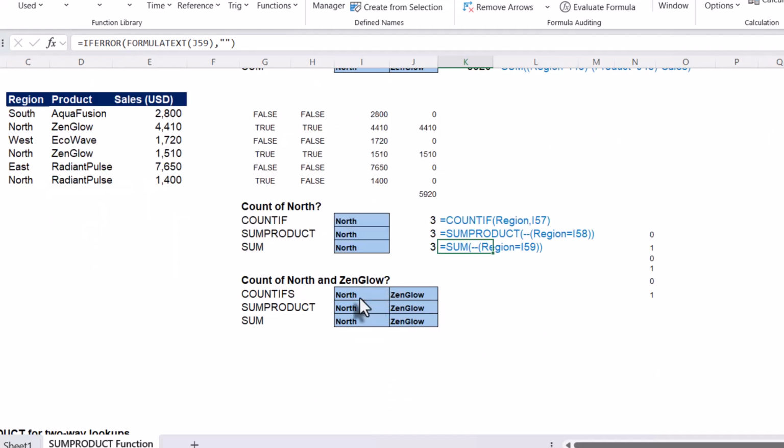Again, we can use two criteria over here for the count, where the region needs to be North and the product needs to be Senglo. Because there are two criteria, we can't go with COUNTIF. We need to use COUNTIFS. So we can do the formula over here: equals COUNTIFS, and the criteria range 1 is the region,